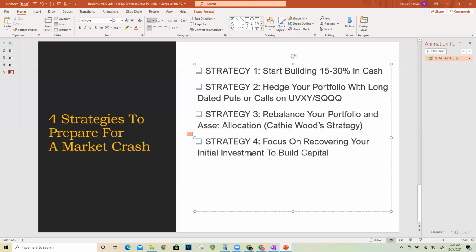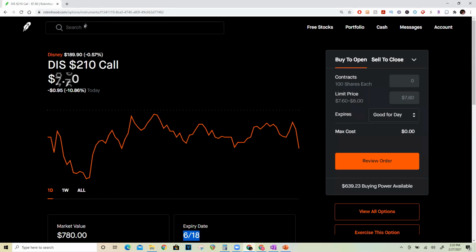Okay, speaking of recovering initial investment, I only do this on options, by the way, because with shares, like I said, I prefer holding them for the long term, because I think if you have a 3 or 5 or 10 year outlook on that particular company, it may go up 3, 4, 500%, and you would just be missing out on that upside by selling out at just 100%. Okay, so to give you another example there,